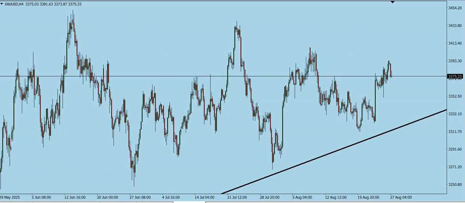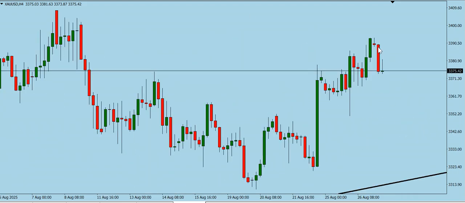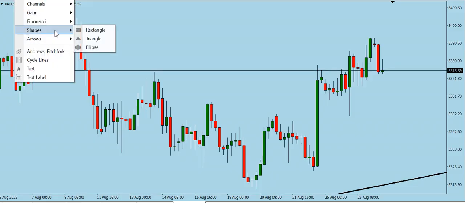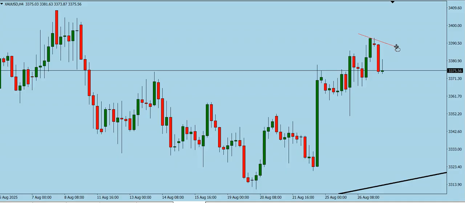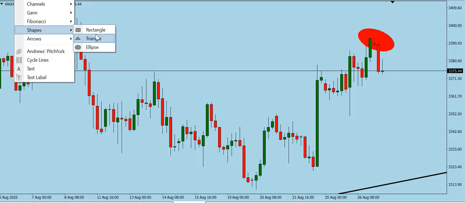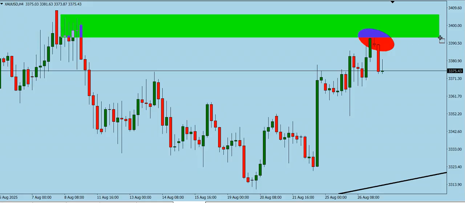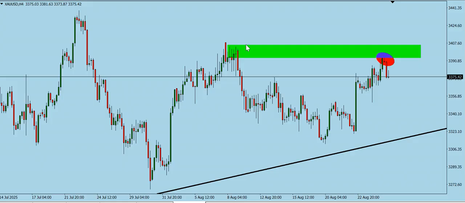A closer look on the 4-hour time frame shows that the buyers are tired, and we already have a peak at this point. We have a top at this very point, which is the resistance area for the previous high. This is the previous high. This is also another previous high. So if this particular top holds, you might see price dropping at least to